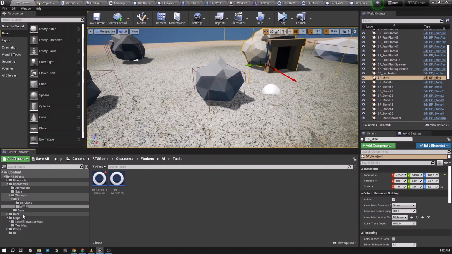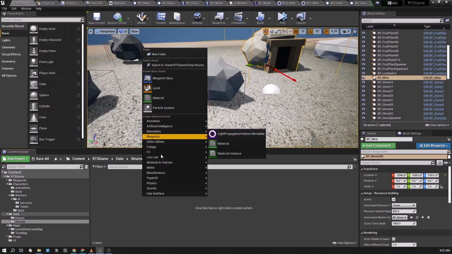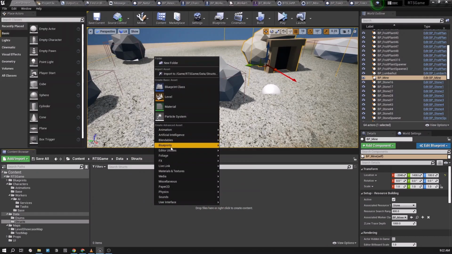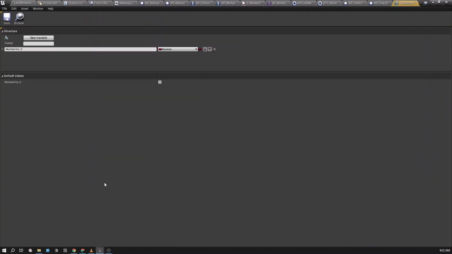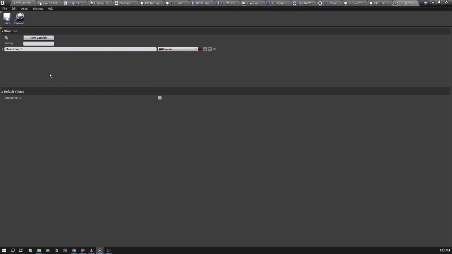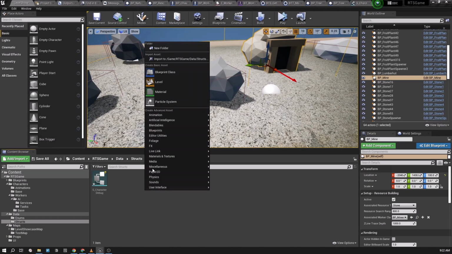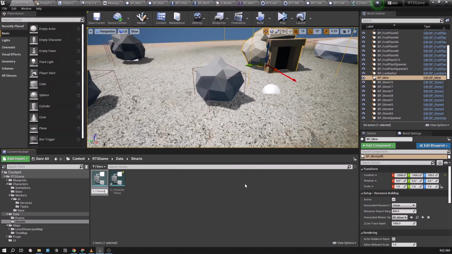Therefore, I'll create maybe a blueprint struct called character debug, and within this character debug, maybe we can create another structure called character debug record,